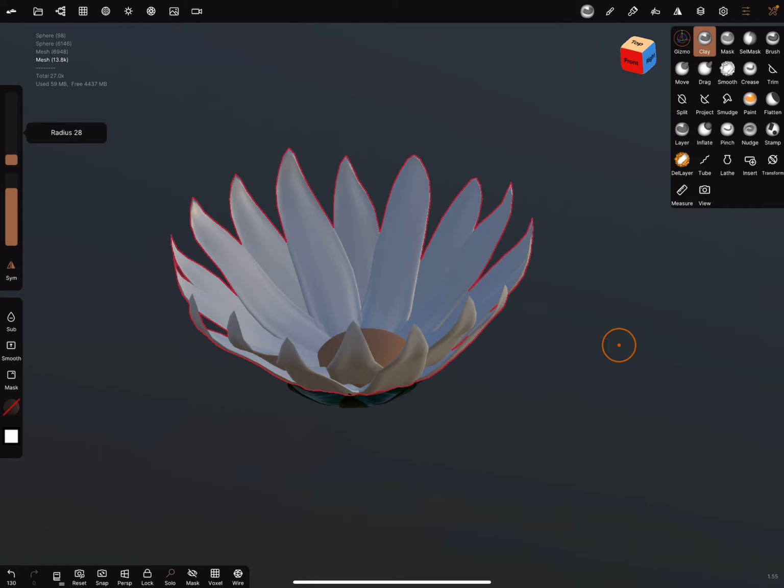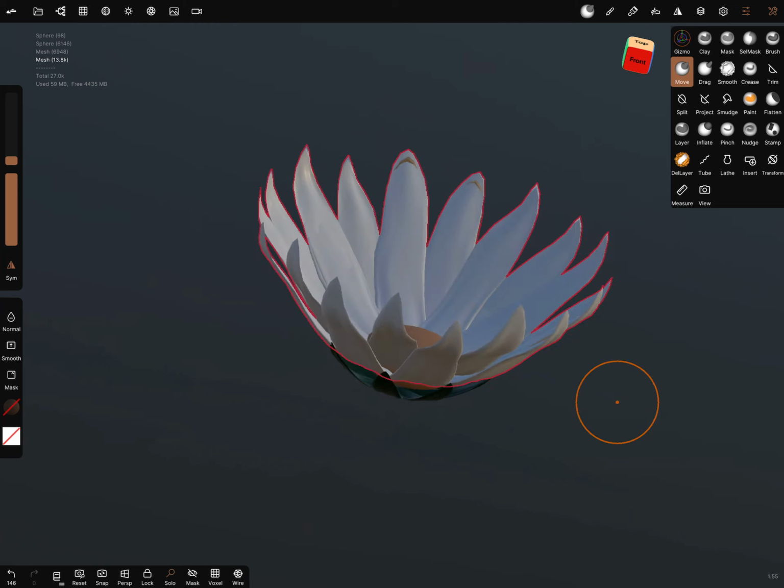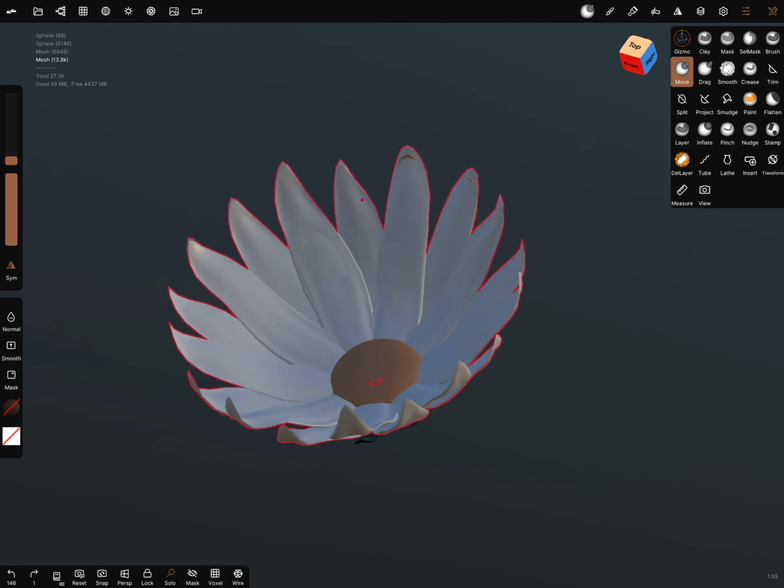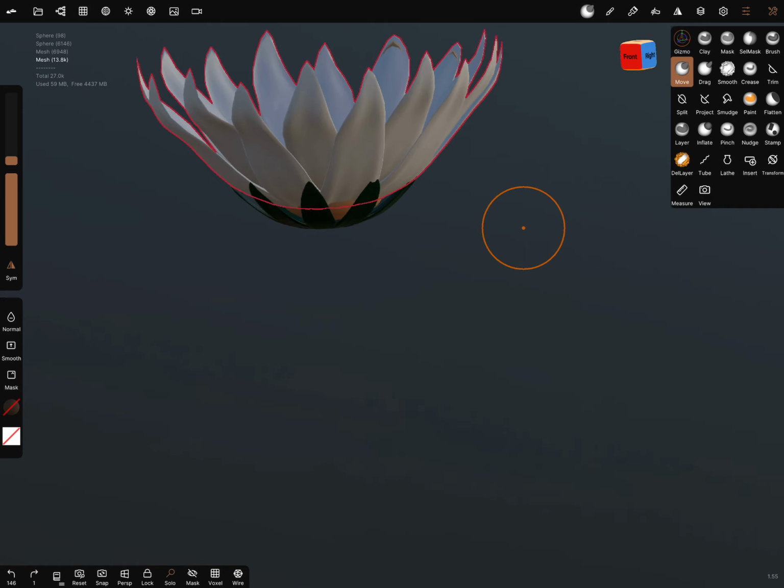You can use a clay brush, bring some structures in this, or you can use the move brush and use the symmetry to make a few adjustments to let it look, oops, like real life.